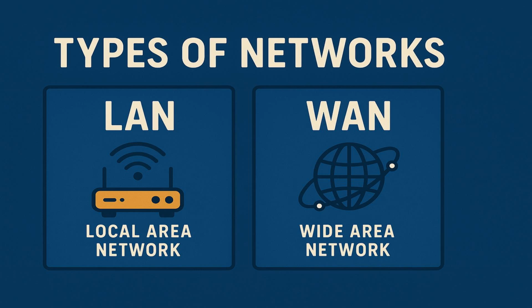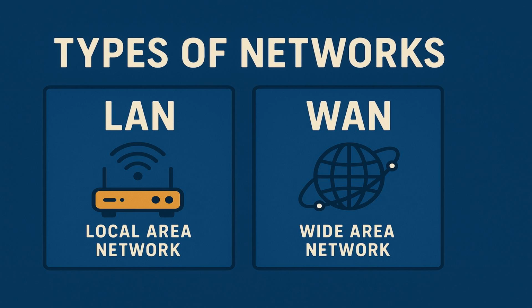Now, there are two main types of networks: LAN and WAN. LAN stands for Local Area Network, like the Wi-Fi in your house or office. It connects a small number of devices within a close area. WAN, or Wide Area Network, connects larger areas, like cities or even continents, and the internet is the biggest one